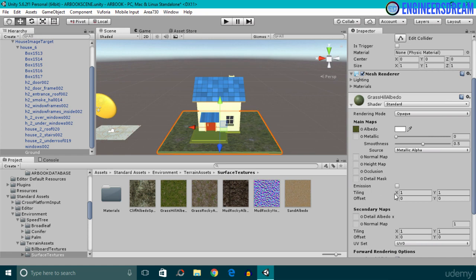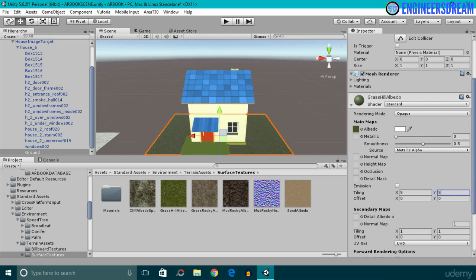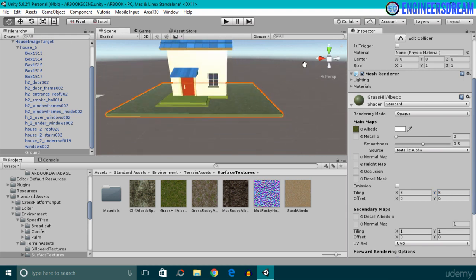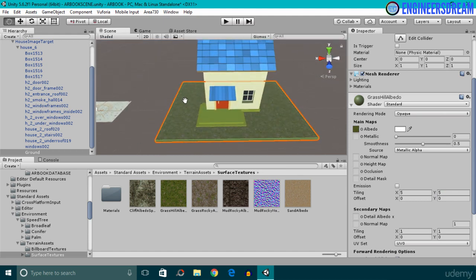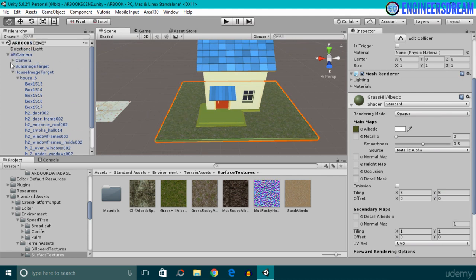Okay, so I'll increase the tiling of X and Y for this grass texture. So first I'll increase the tiling of X. I'll leave it to 5 and similarly I'll increase the tiling of Y also to 5. Okay, so now as you can see, we have a house game object and the house game object is standing on top of this grass texture.